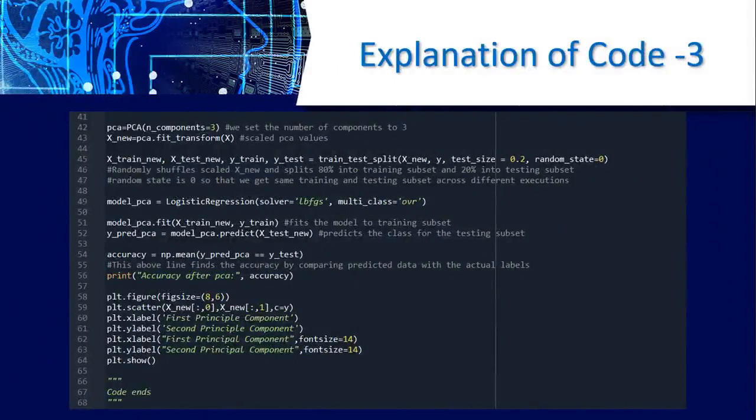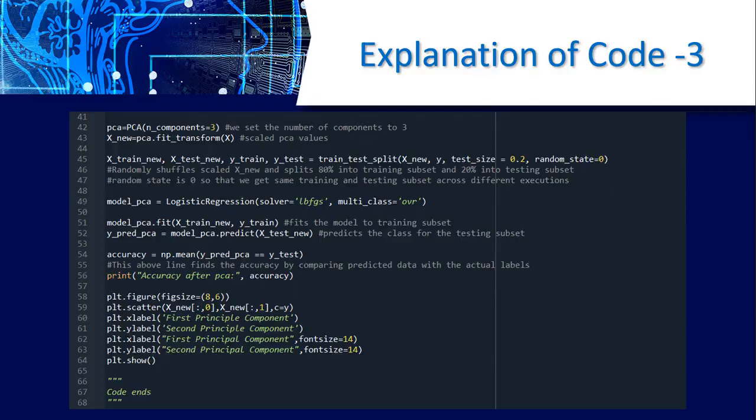Next we set the number of PCA components as 3 and fit the transform to the scaled values. We randomly shuffle the new scaled X values and split 80% into the training subset and 20% into the testing subset. The random state is 0, so we get the same training and testing subsets across different executions.